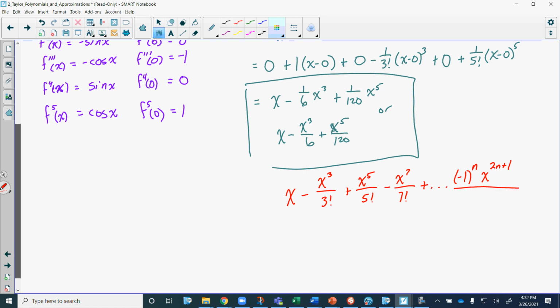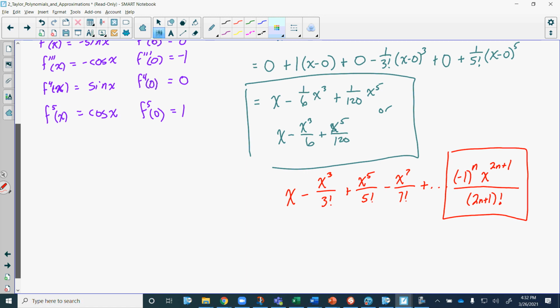And all of that is going to be over the same expression for the exponent spot. In this case, it will be 2n plus 1 to give me those odd numbers in the denominator as a factorial. And the only reason I'm going into this is because this is going to be one of the